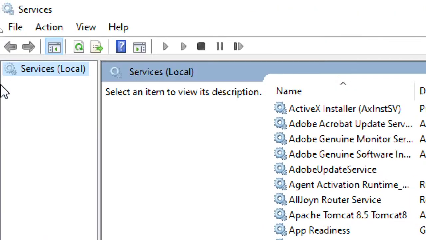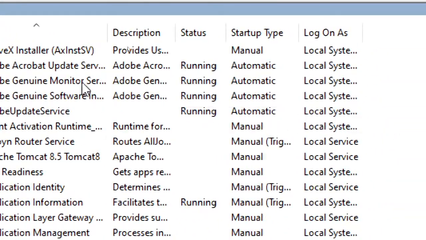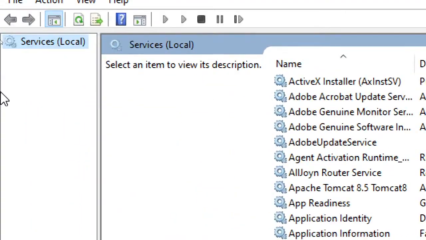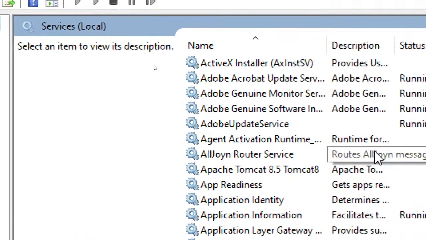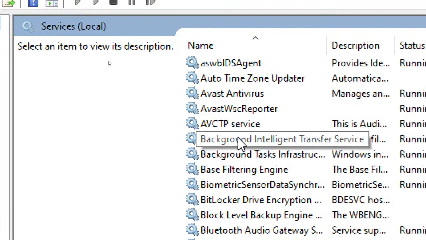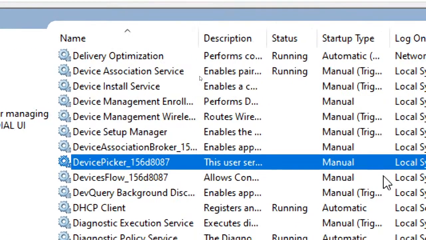Here you can see all the services got opened. Whichever port is being used, if you are getting a service conflict, it will tell you that so-and-so software is running. So you can look for that particular name here and select it.